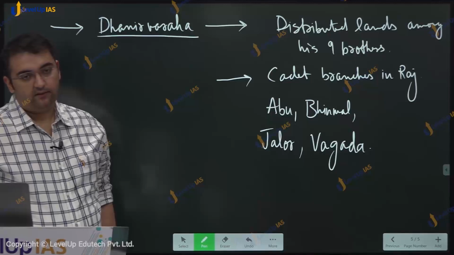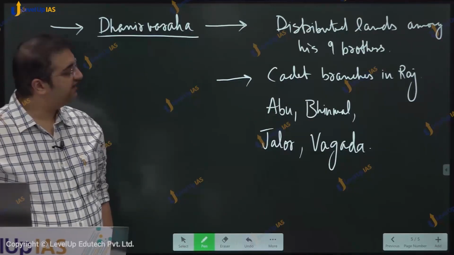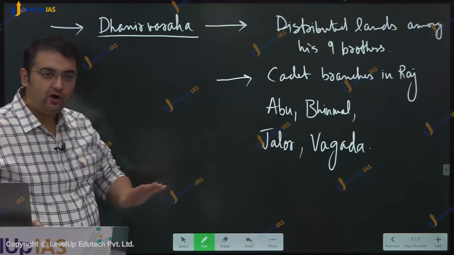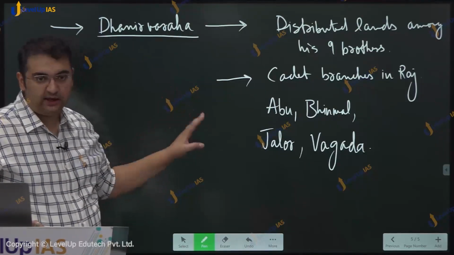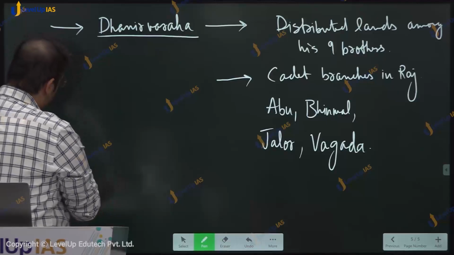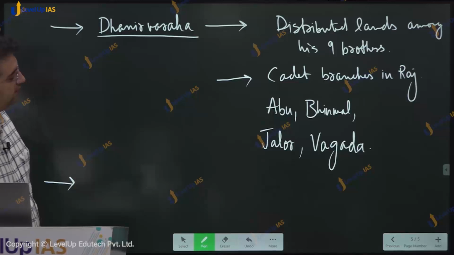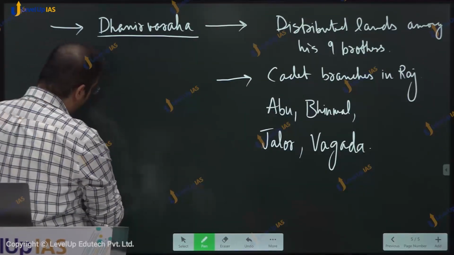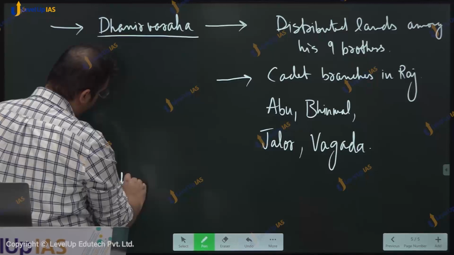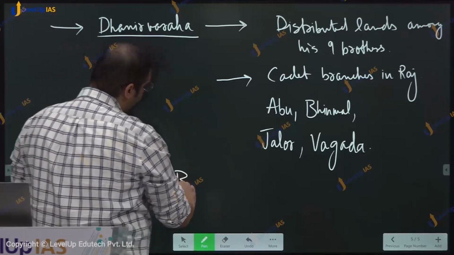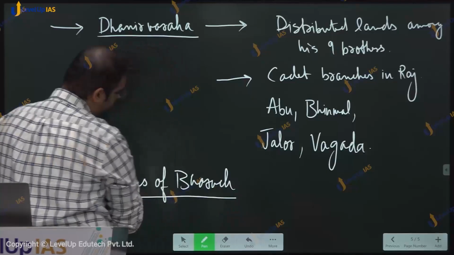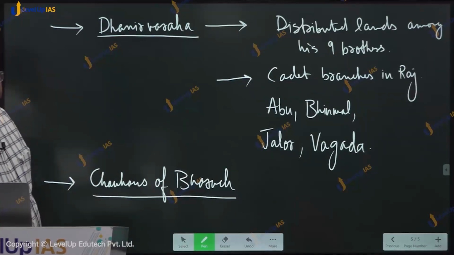Once again, this kind of development was not an isolated development. Among Chauhans also this was visible. Next point, write down next main point. Apart from the Chauhans of Bharuch, cadet branches emerged at